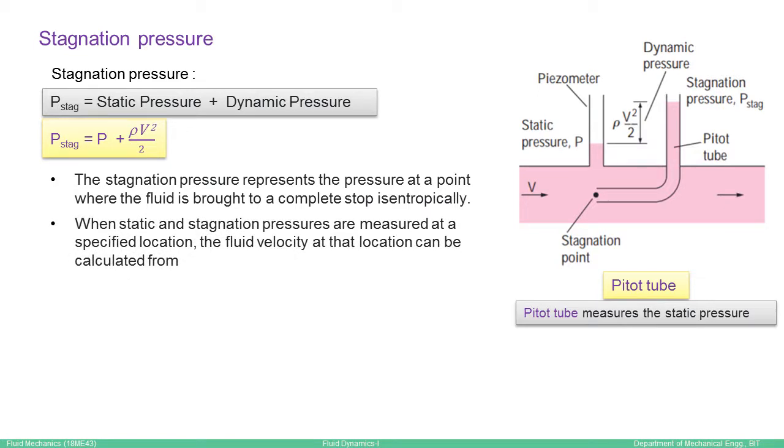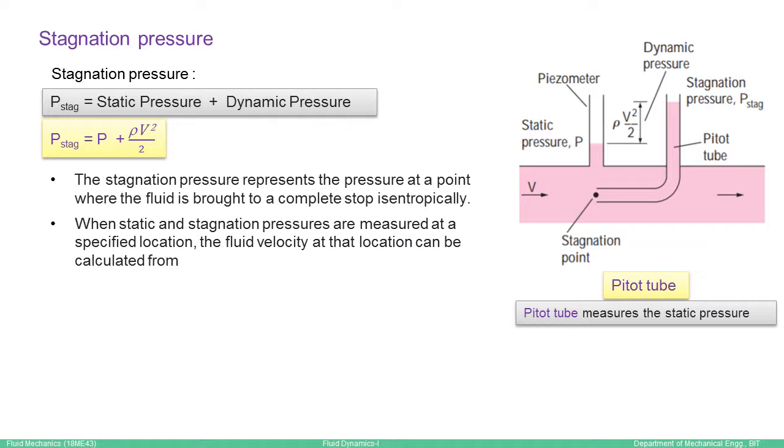We have learned earlier the use of the piezometer. It is the simplest device to measure the pressure at a point. We call that a static pressure point. So any pressure at a point can be measured with the help of a simple static pressure probe or a tube. You can see a vertical tube, that of a piezometer, installed in the pipeline. The height of the fluid gives you the static pressure P.